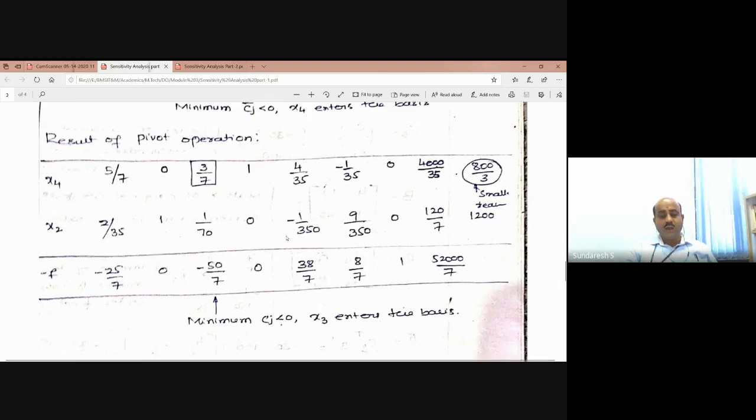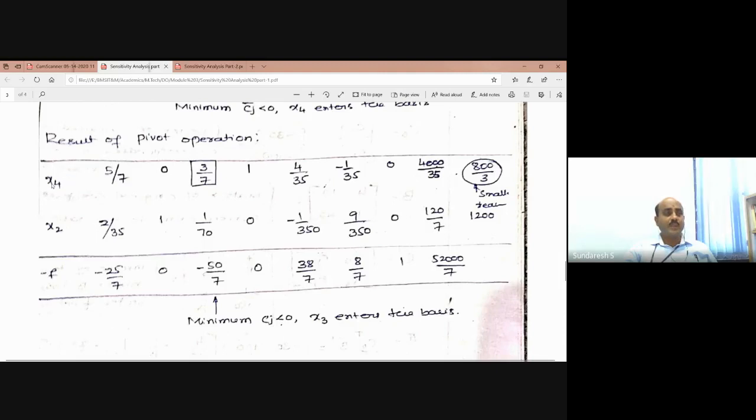120 by 7 divided by 1 by 70, we're going to get 1200. So now once you get this column filled, you just identify which is having the minimum positive value over here. In this case, 800 by 3 is the minimum of these two. So now the corresponding row is x4. In the result of the pivot operation, x4 is leaving the basis, whereas